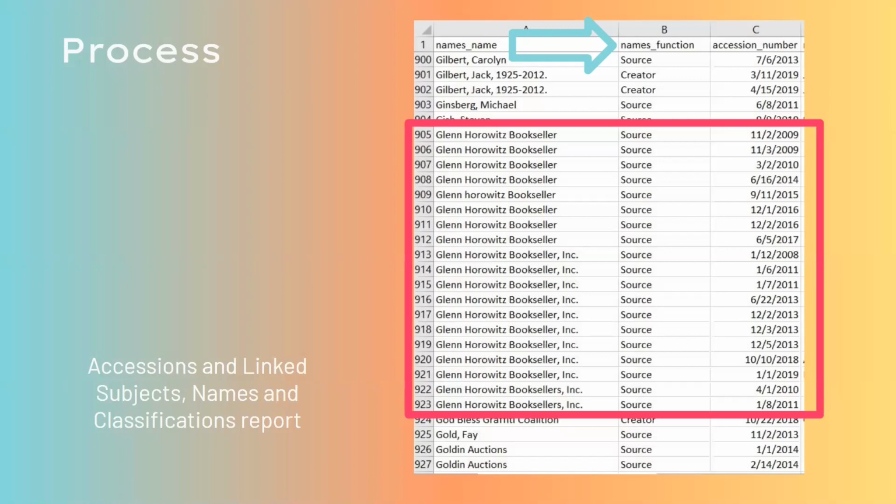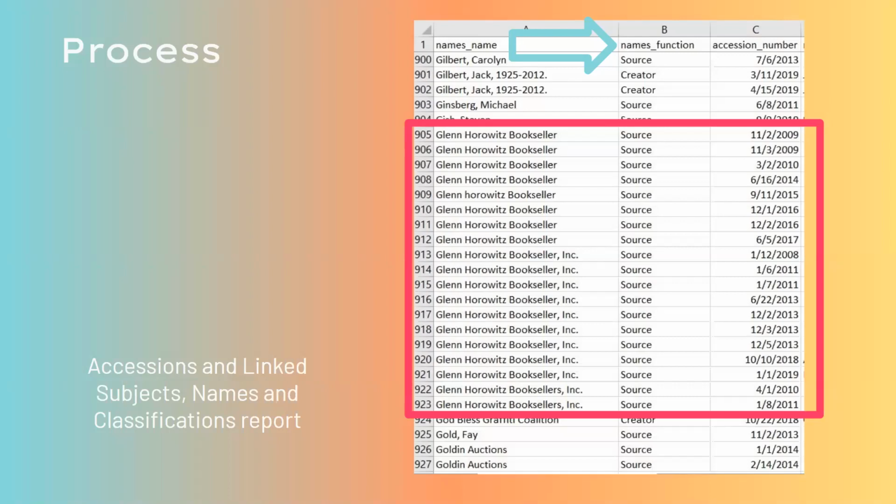The total number of agents when I started was 8,661. This report yielded a list of 2,370 names. This distinction between agents and names is important. I still couldn't use this list to look for duplicates because it lists every name form for every agent attached to an accession record, even if it's the same agent record. So I didn't go from 8,661 unique agent records to 2,370 unique agent records, but at least that number was